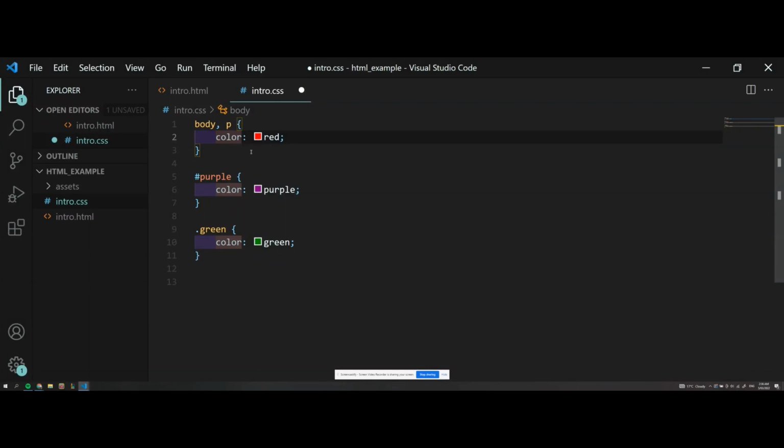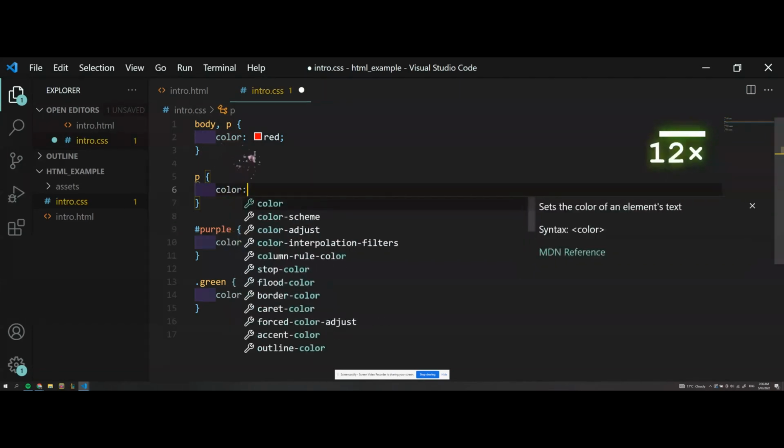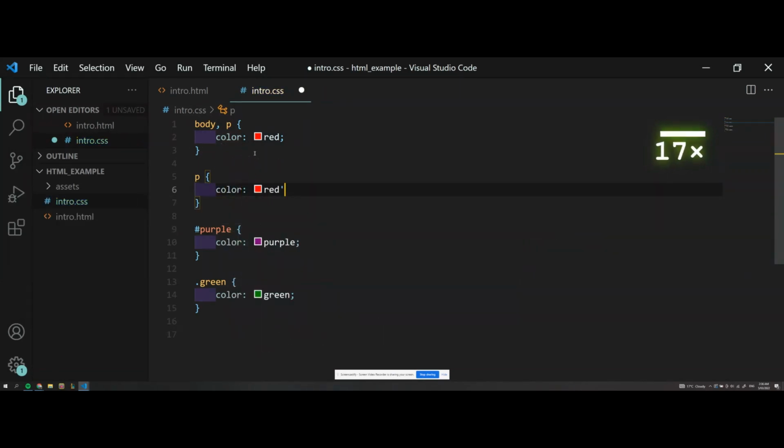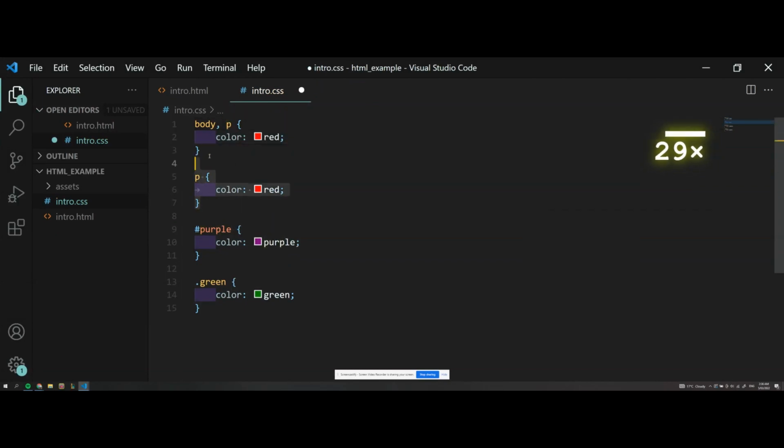Okay, so it's a handy way of, if you want to style certain HTML elements the same way, you don't have to repeat the rule set. An example, you don't have to write a P and then make another color red here. You can simply use a comma and add that selector there. Okay,